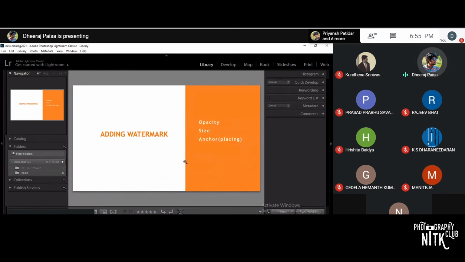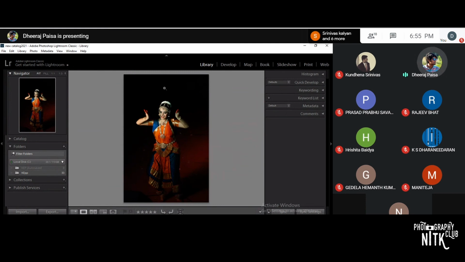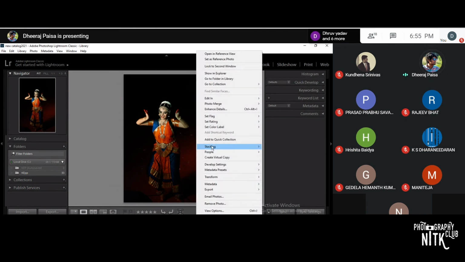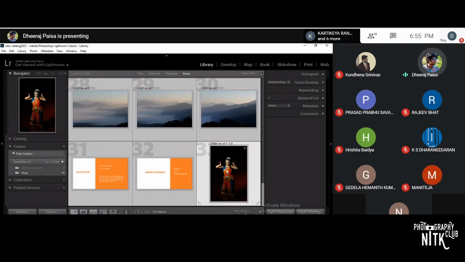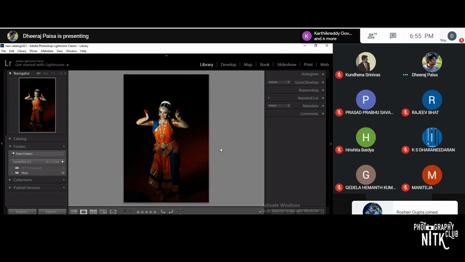Now we are towards the end of the discussion. This is adding a watermark. Let's take this picture. Before adding a watermark, we need to create a watermark for our need. I already have some watermarks of our college, so we'll be using those. We have to export the image to add a watermark.